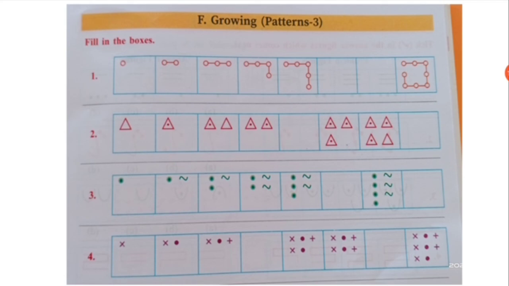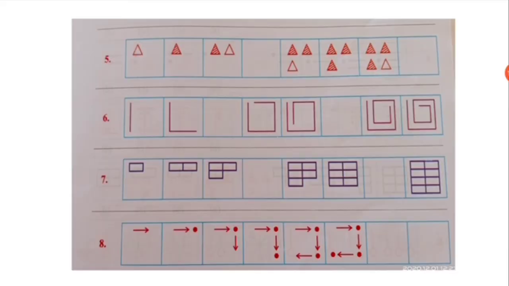Next, star design, 2 star design, 2 star 2 design, 3 star 2 design, then 3 star 3 design, then 4 stars 4 design, then 4 stars 4 design. Got it? Next, it is the same as above, so you can solve it yourself. Next, it would be the same, only just think, observe and do it.